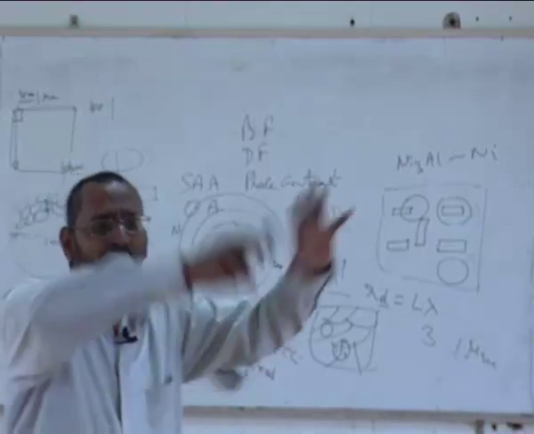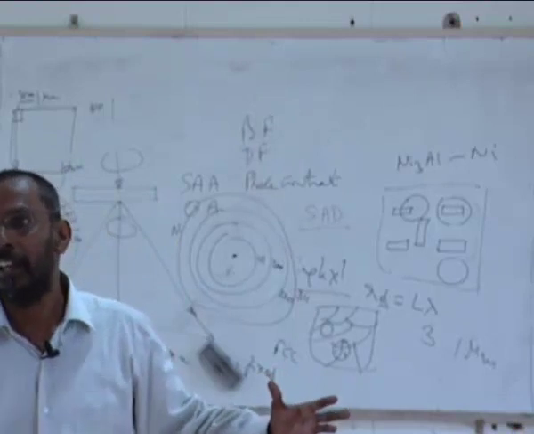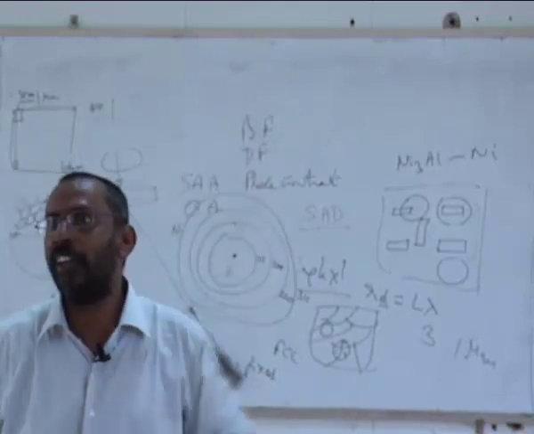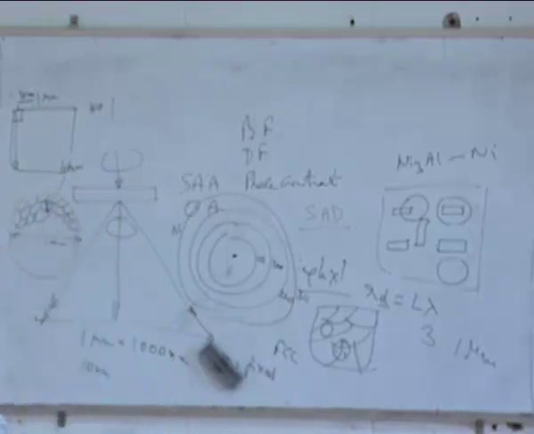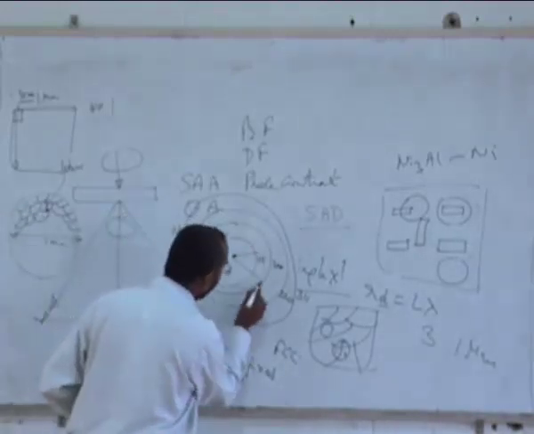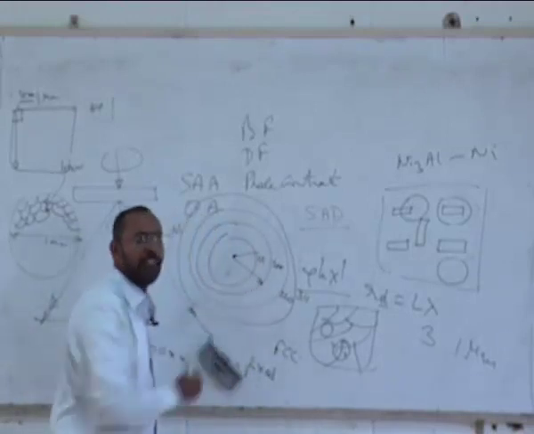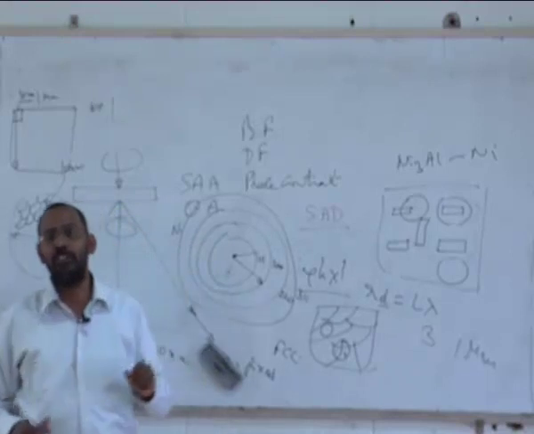That is because a large number of grains are all trying to simultaneously give me a diffraction pattern, and they are all falling on this circle because they all have the same D spacing, and they all have the same R, because R is inversely proportional to D. And you can see the R of 200 will be larger than the R of 111. Why? Because the D of 200 is smaller.